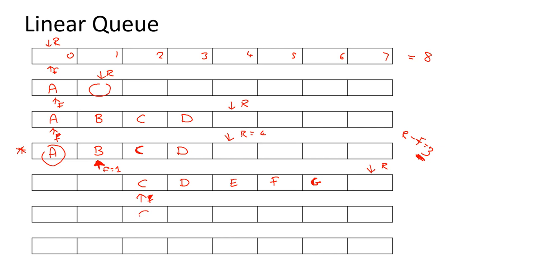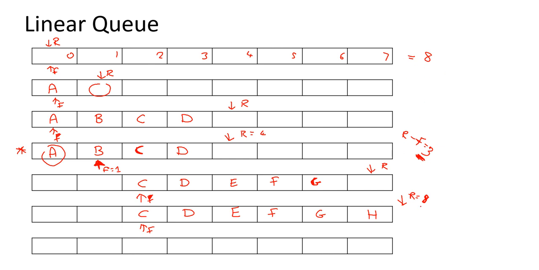So the next line, I want to add one more data item. The front pointer remains the same. D, E, and F are in our queue, and G. And if we add H, then our R would become 8 if we're just incrementing it up. At that stage of this linear queue,